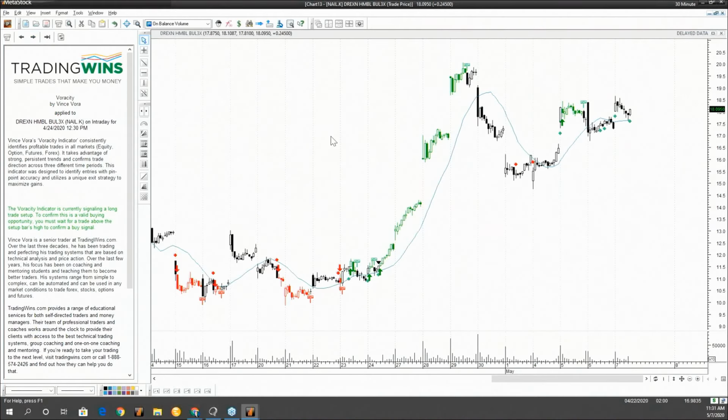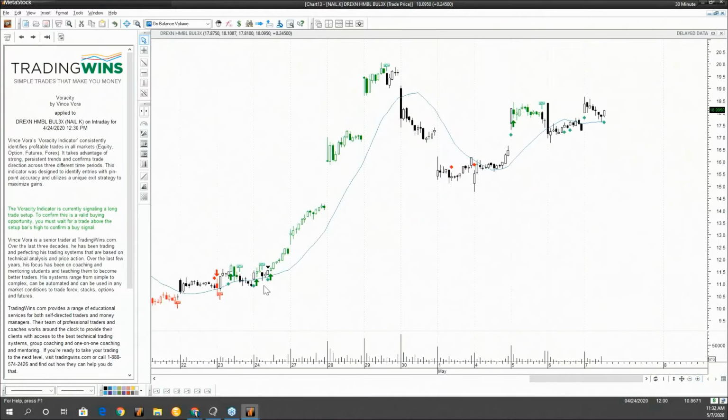Let's look at our last large move over here. That would have been on the 24th of April. We had a long setup, and then the very next bar, I need to zoom in a little bit here. So you had a long setup right here, on the 24th. As long as it hit above 11.55, then you would get into the trade, which it did. And it even took advantage of all those gaps. Again, this is the symbol NAL.K. As soon as it started to reverse, it got you out. There were some short setups down here. Obviously, they got canceled out because it didn't cross below the low of the previous candlestick.